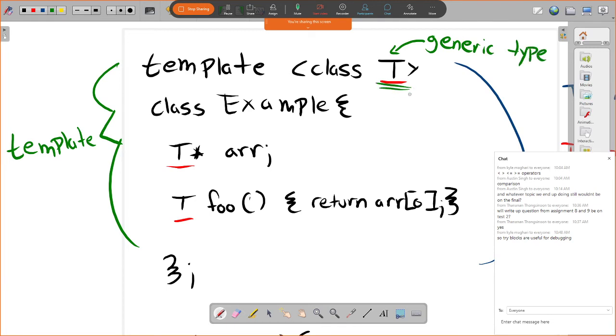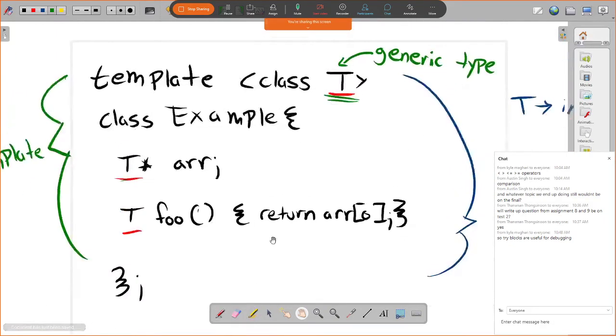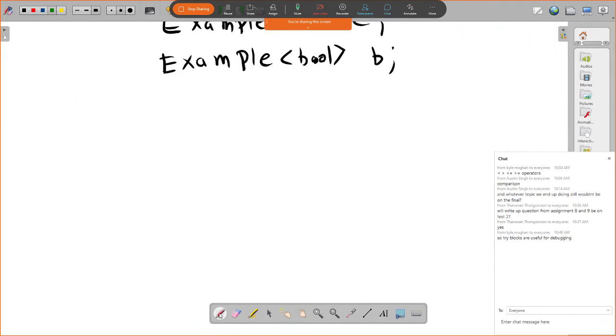So the type itself, T or type or whatever you use, that's not the template. The template's the whole thing. The type is a generic type, is the term for that. Right. So the last thing we maybe wanted to say was that I can apply it to either a class here, in which case it applies to everything in the class, which has access to that type T, but I can also